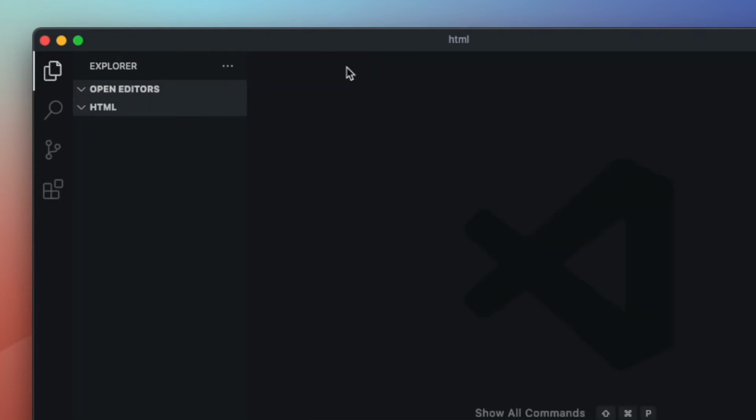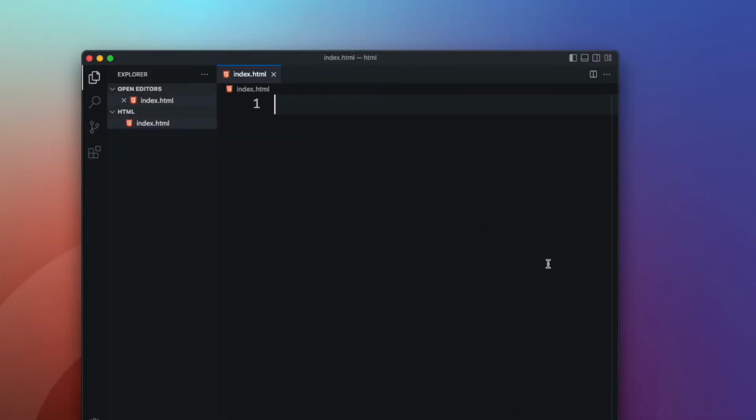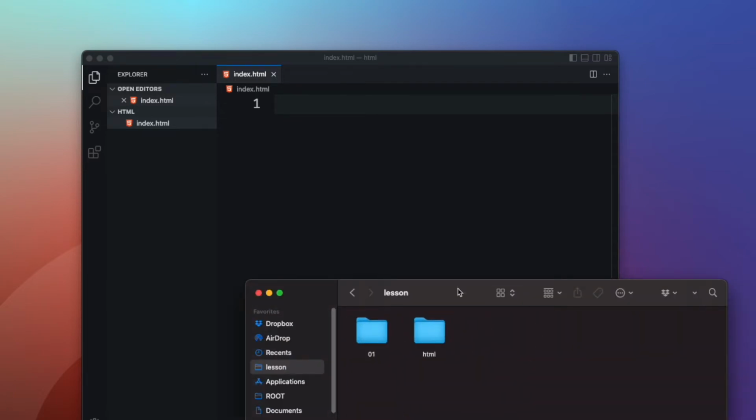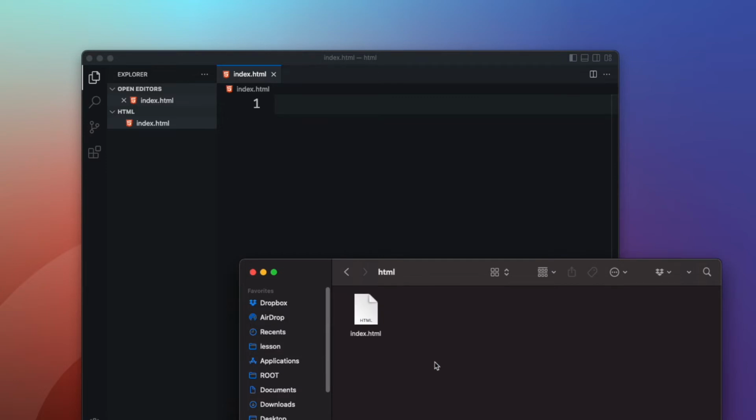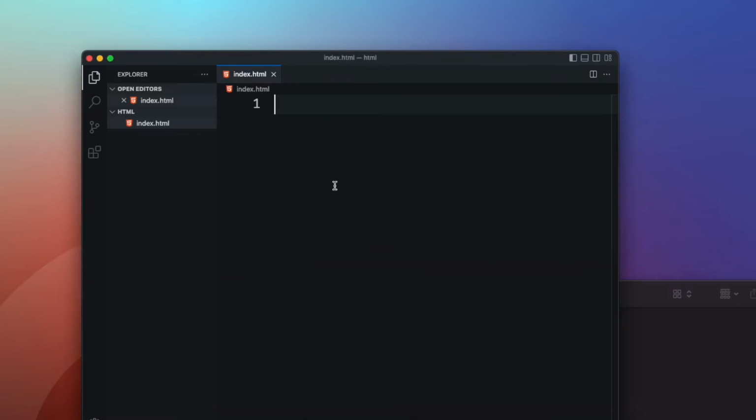So I'm going to start up by creating a new file. The important thing in an HTML page is that your page starts with a name called index. That's the default for any page that you're trying to create in HTML. It starts with index.html. File is created. This file is also available to us in our Explorer. So you could see the file here, and you could click it and it will open up whatever code you must have in here. Right now the document is blank.